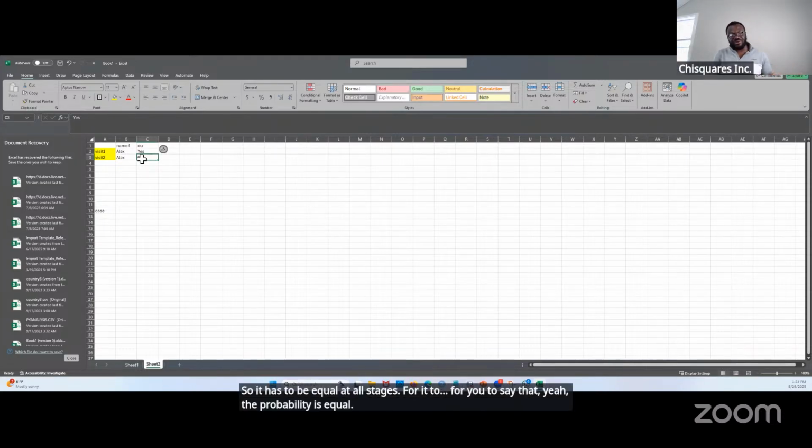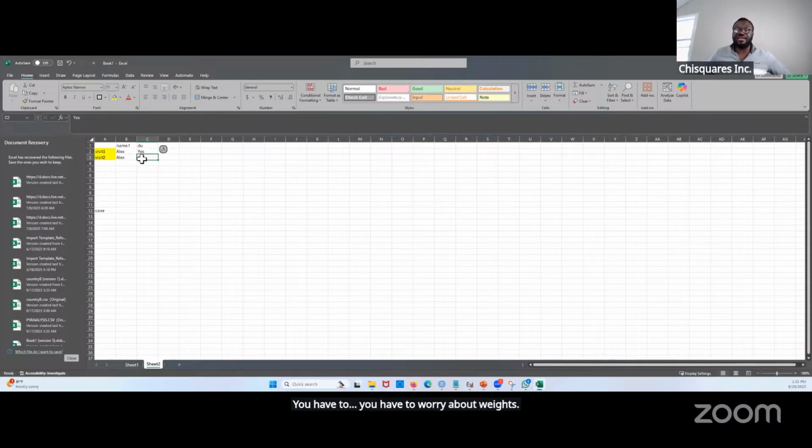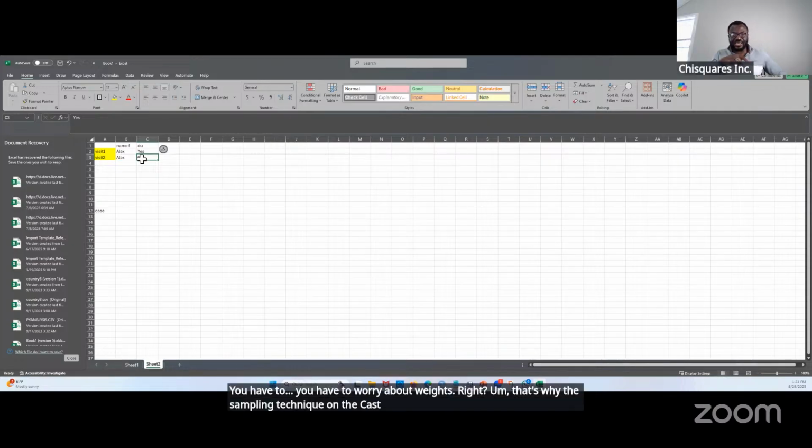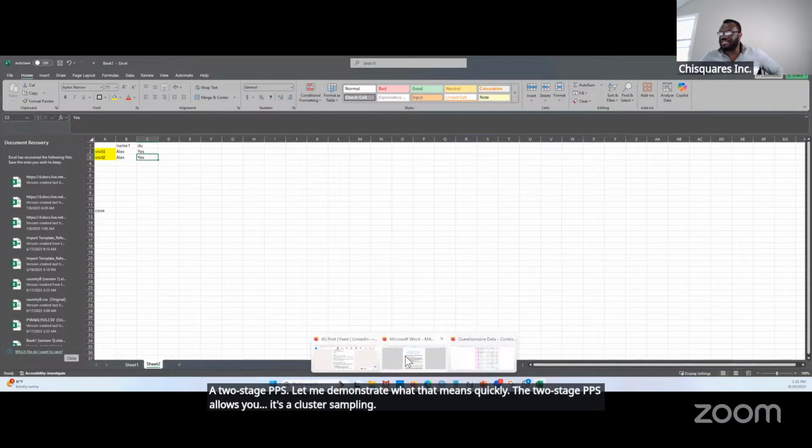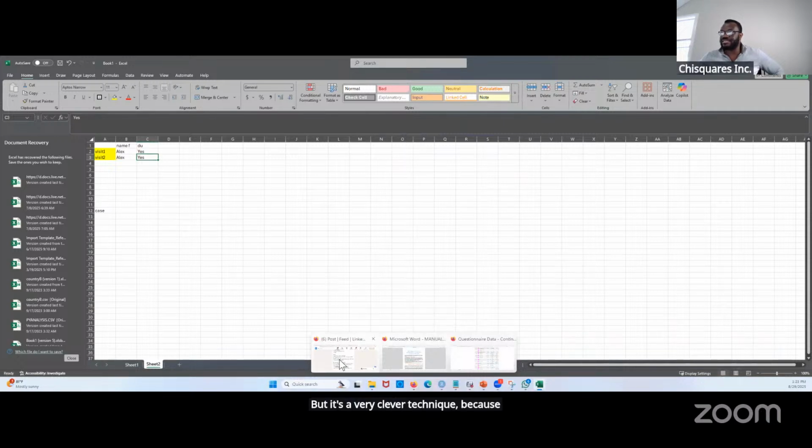If it was equal in the first stage but not equal in the second stage, well, then that means that you have to worry about weight, right? That's why the sampling technique on the chi-square platform uses a two-stage PPS. Let me demonstrate what that means quickly. The two-stage PPS is a cluster sampling, but it's a very clever technique because it still gives you